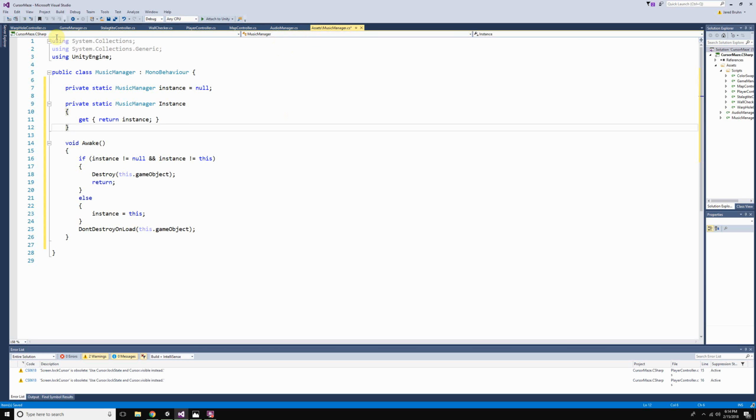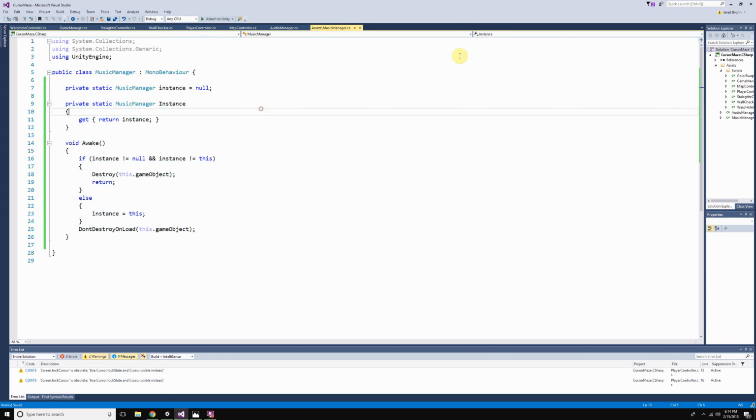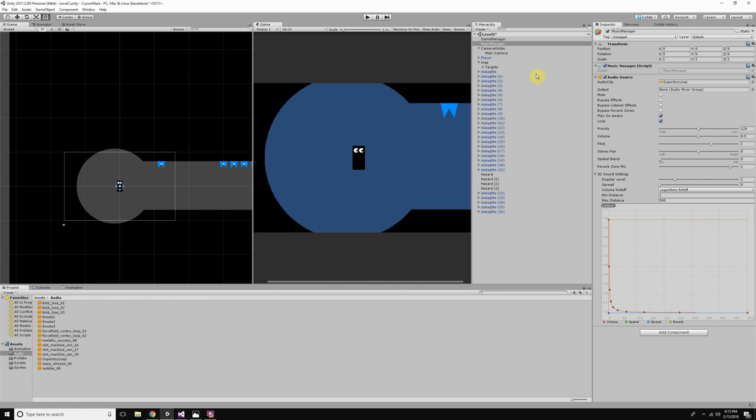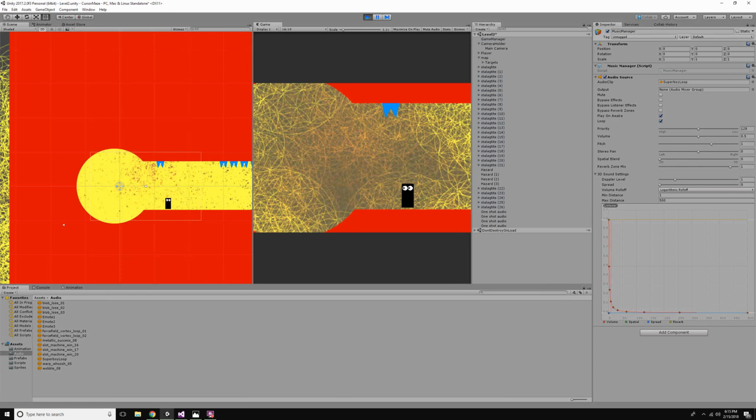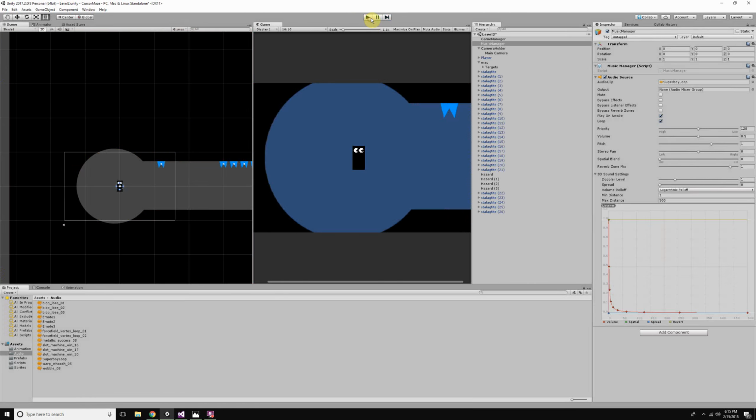So that one, singleton is a little bit more complicated, but thankfully for our music, we can simply attach our music, make sure that the game object doesn't get destroyed, and then hit play. So you can see now that our music doesn't start over. And then when I test this out,